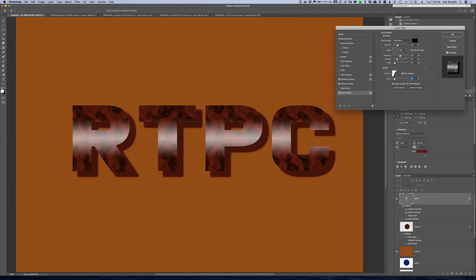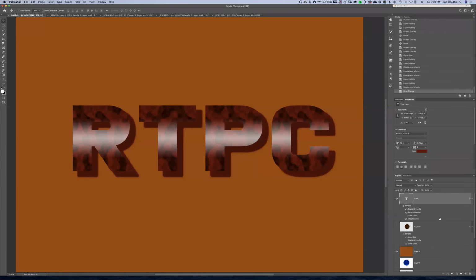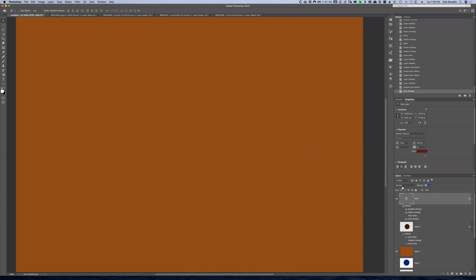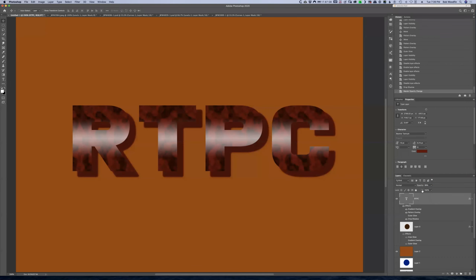If you remember the difference between fill and opacity, this is going to make a lot more sense. If I turn this off and I come down here, remember that opacity brings your layer all the way down eventually to nothing. Okay, fill brings everything down except layer styles. So if you bring your fill all the way down, this shadow is showing inside your letters. So